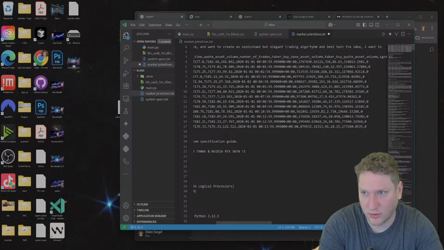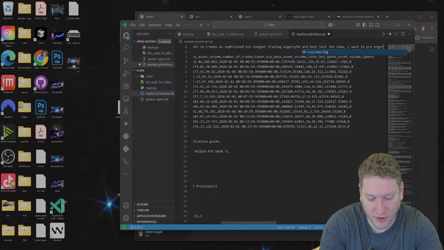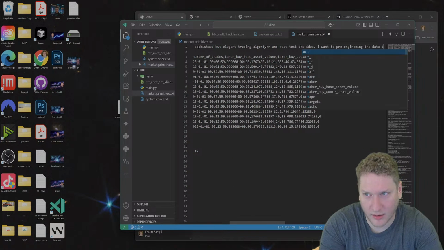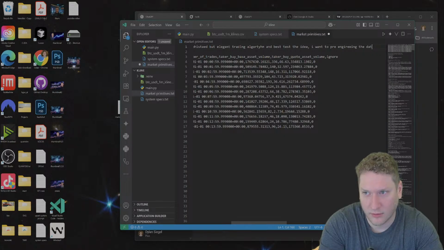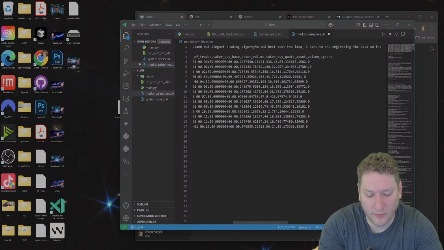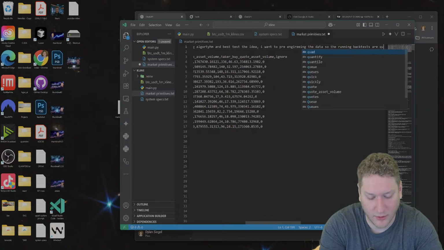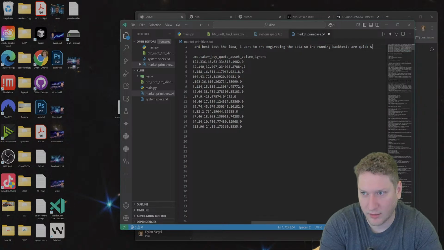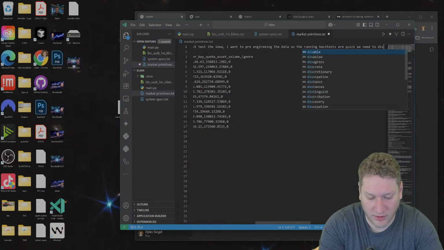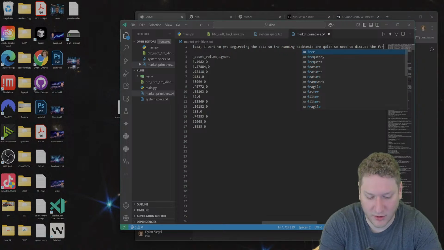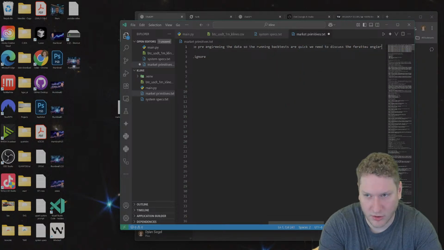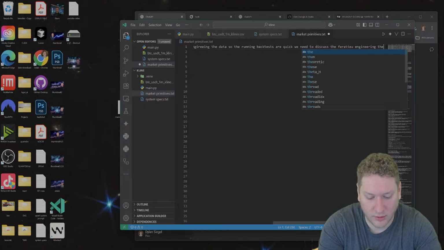I want to pre-engineer the data so that running backtests are quick. We need to discuss the feature engineering, the best novel math for the data set I have.